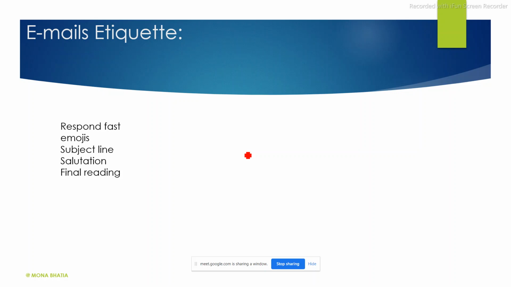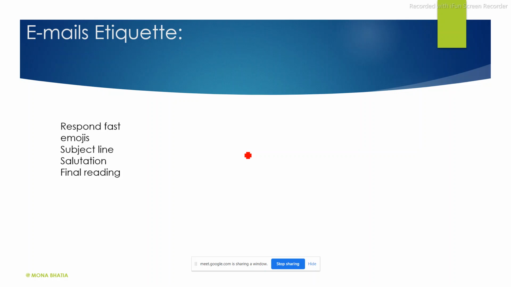Okay, so it is important that there is no skipping of any word, because your mind works very fast sometimes. You have so many points in your mind, and when you are writing, a single word may be left out, so then that leads to an error. Though the other person may understand what you were trying to say, it removes your professional touch from the email. If your emails are error free, that gives you an added advantage, that this person takes care of each and every detail. He's very careful, or she is very careful, and she reads the email before sending it out to the person whom it is concerned.